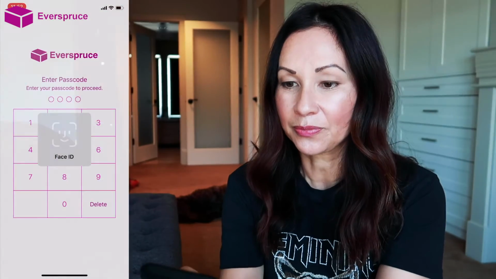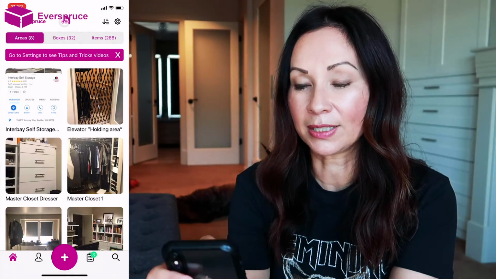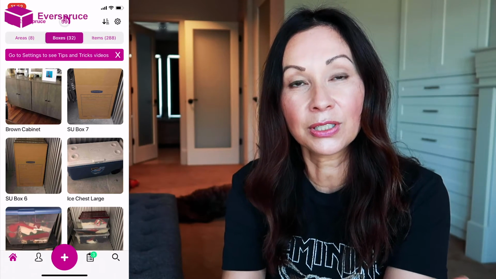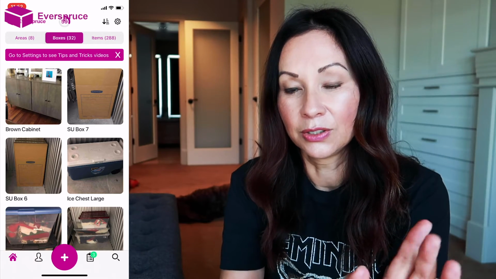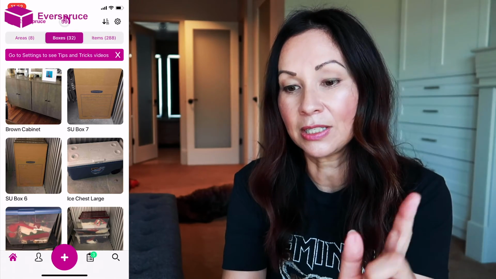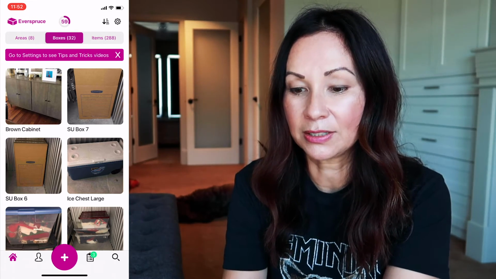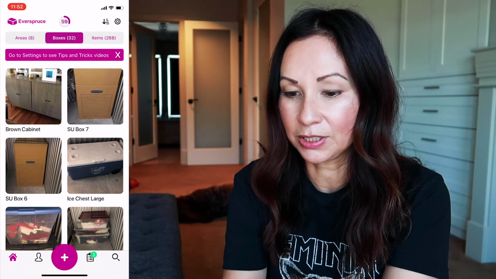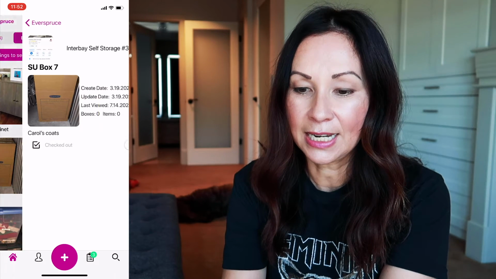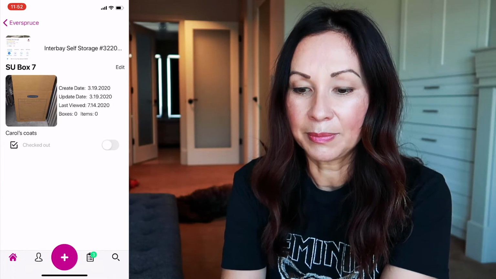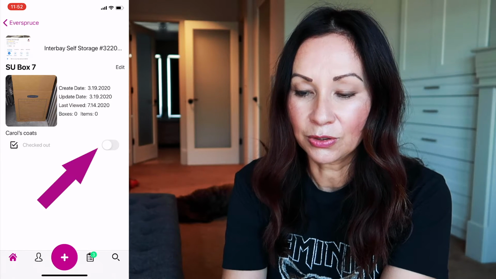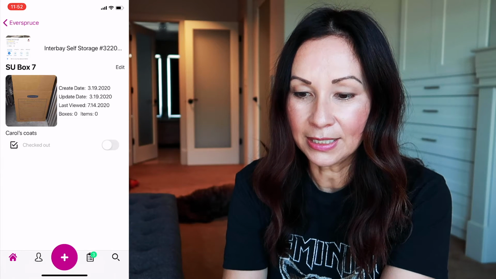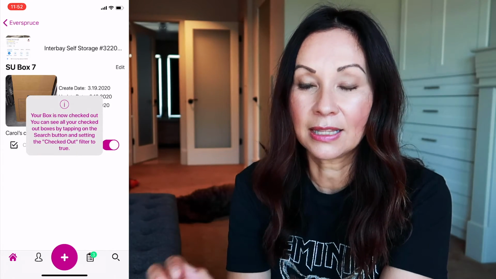So first, go ahead and log into the Everspruce app. And then you want to go to boxes and then just pick any box that you want to check out, that you're moving to a different location, or for whatever reason you need to check out these boxes. So I'm just going to do one for an example. So let's just do this one. And so you can see now under the photo, it says checked out. So just click on the button on the right, and then you'll get a note that the box is now